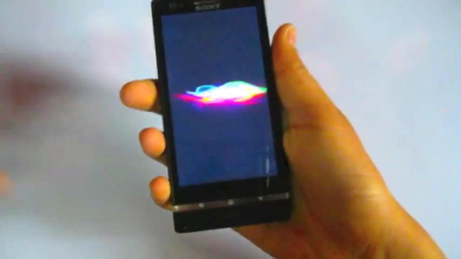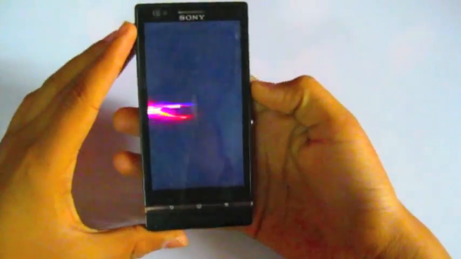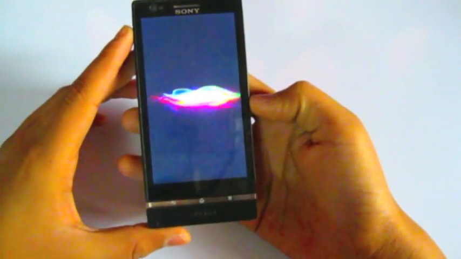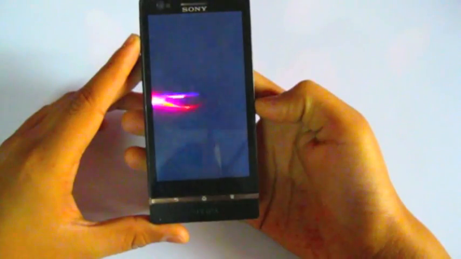Type in the key you have copied and it will automatically start your phone. It will take a little more time to boot because it's the first boot after unlocking the bootloader. So be patient.